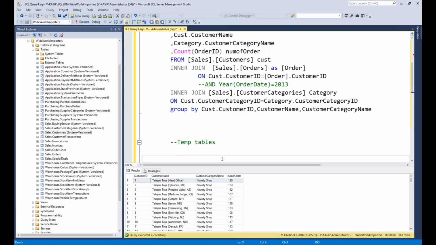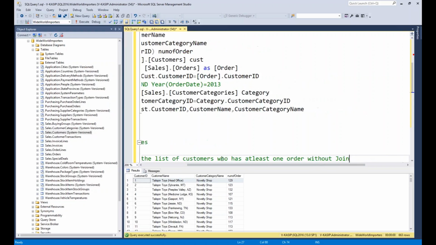Without using the joins, I want to write, give me all the customers who have at least one order. Give me the list of customers who have at least one order, without join conditions.